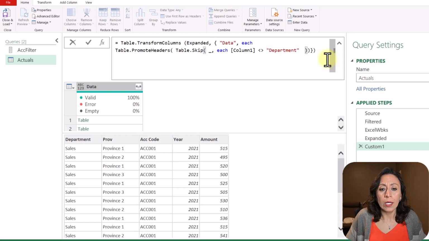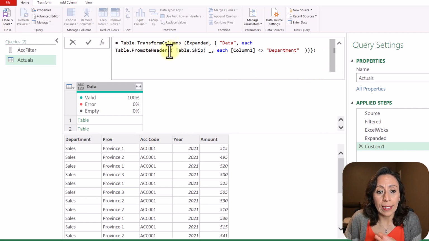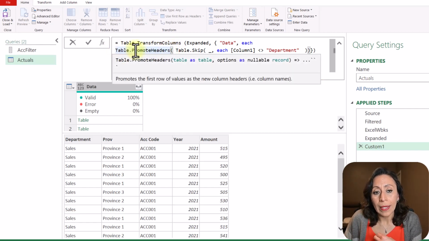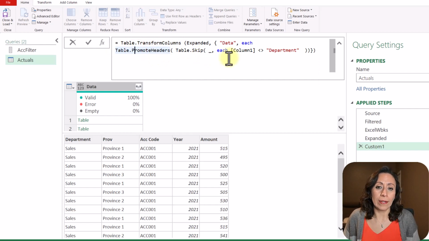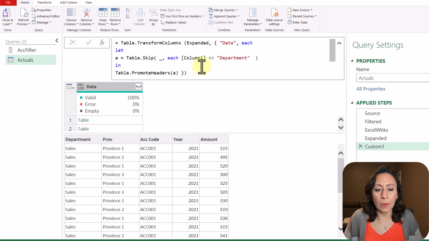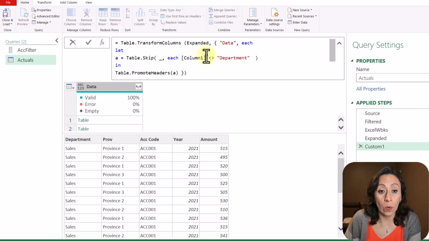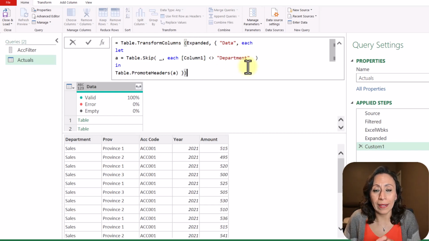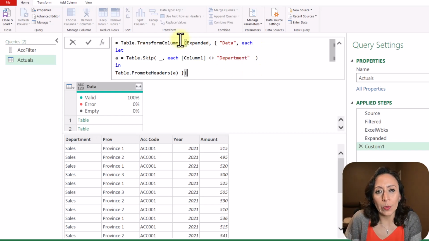No, perfect. It will give me exactly the same information, but I noticed that with the nested let and in, it really makes a big difference how we perceive the code. So for that reason, I am trying to use them as much as possible. So I'm going to press escape so I can get the code as it was before. So I just find it a little bit easier to read. It's a little bit easier to see what I'm doing while I'm preparing my query. Okay, it's up to you. It's just my preference at this time.